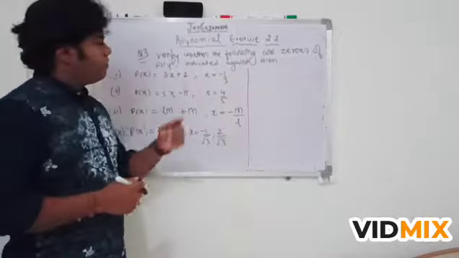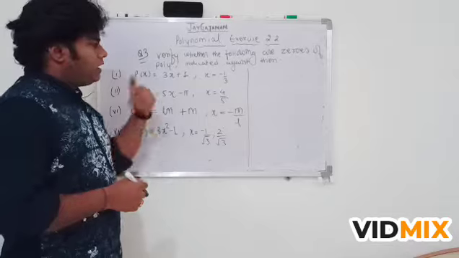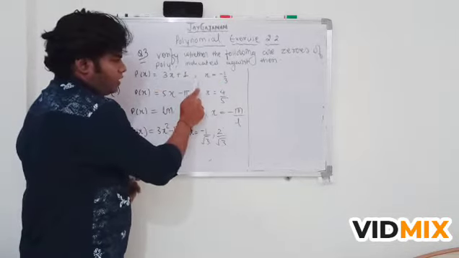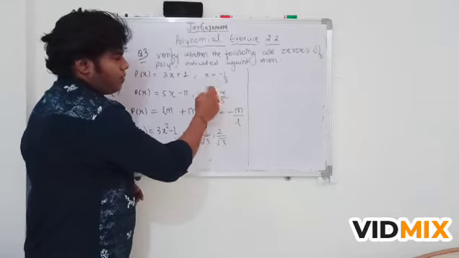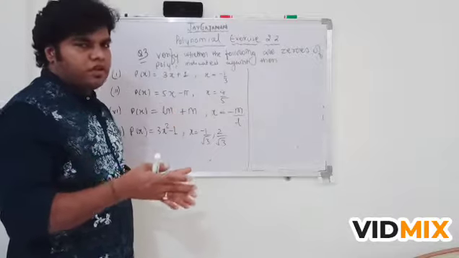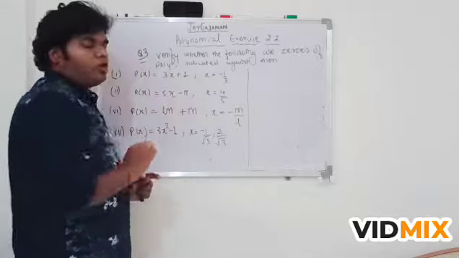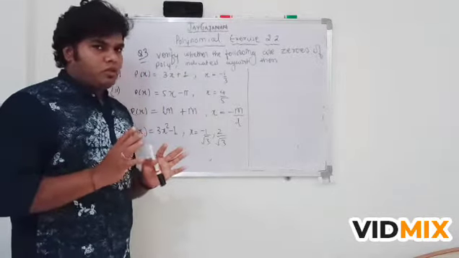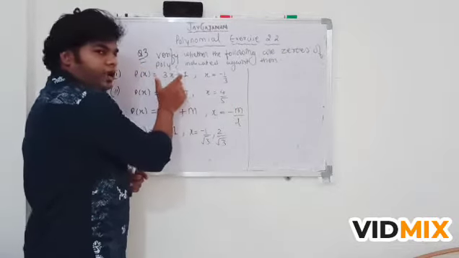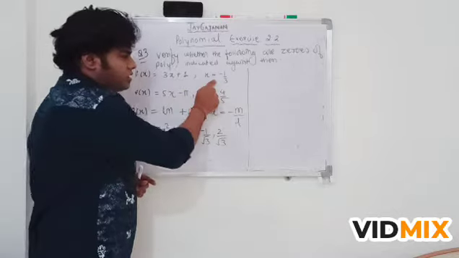What we have to do is verify whether the following are 0 of the polynomial or not, which are given indicated against them. So this is the polynomial, it is separated by comma. After the comma, the values which are given are the values of x, the values of variable, and we have to verify whether it is a 0 of a polynomial or not. As I told you, what is 0 of a polynomial? If we put the value of variable into the equation and after solving that you are getting 0, that means this is a 0 of a polynomial.